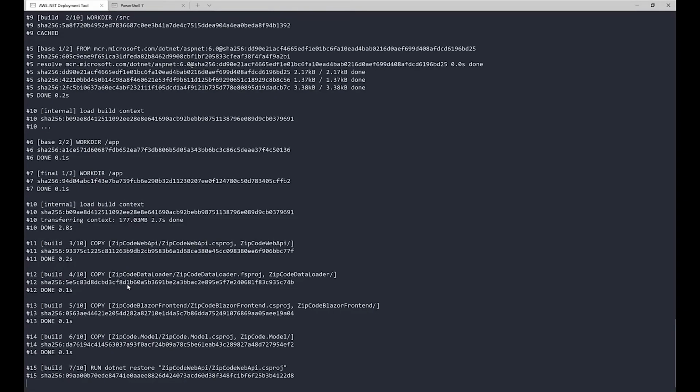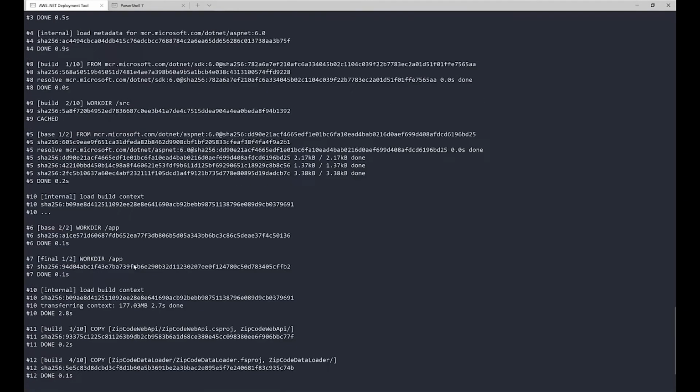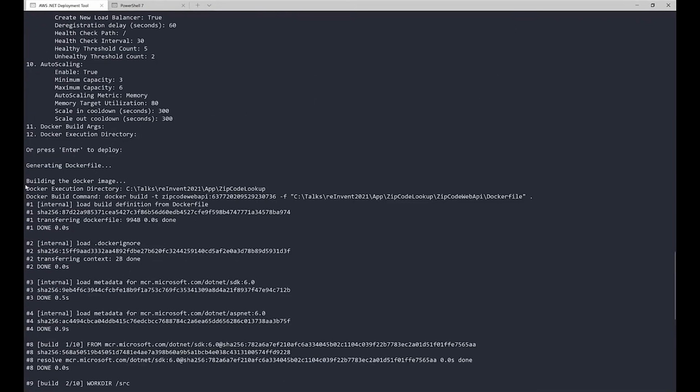Now you can see it's building up our Docker application. If I actually scroll back up though, there's an interesting line here. It generated a Dockerfile for us. My application hadn't actually been containerized yet. I had no Dockerfile for it. But the tooling is going to do its best attempt to make a Dockerfile for you. Now, your project might not match. It's going to have different requirements. So you might have to customize that Dockerfile, which has been written into your project folder.